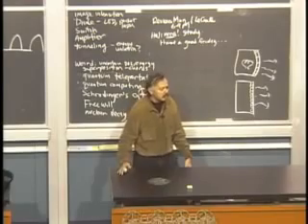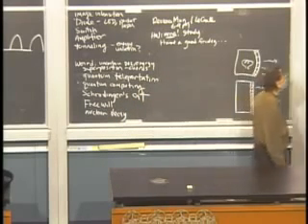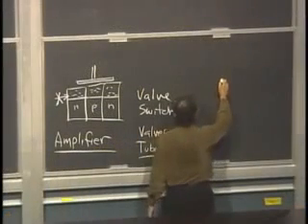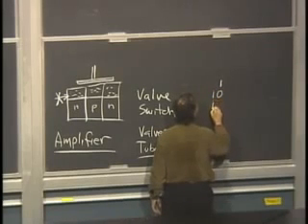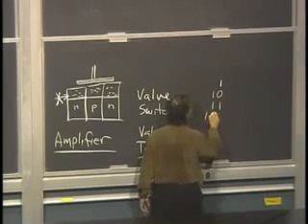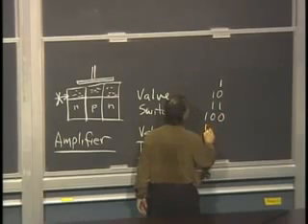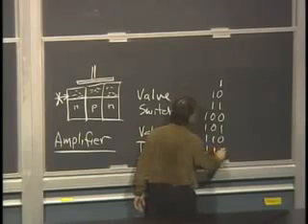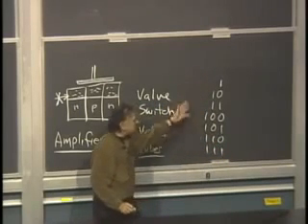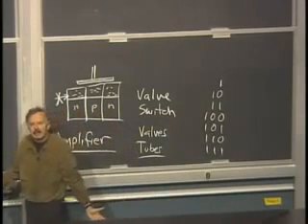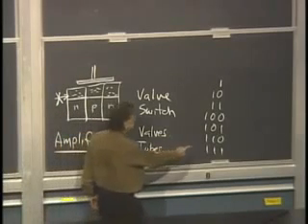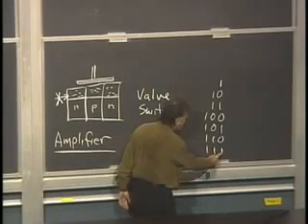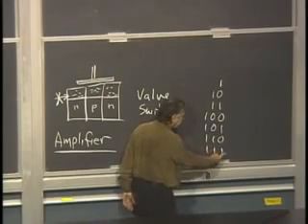If you want to put the number 1 down, you can do it in binary by writing it as a 1. The number 2 is written this way. The number 3 is written this way. The number 4 is written this way. The number 5 is written this way. The number 6 is written this way. The number 7 is written this way. So this is a code. It's called binary. If you want to know what number this is, you say, well, this is the one digit, so that's 1 plus 2 plus 4. That adds up to 7.